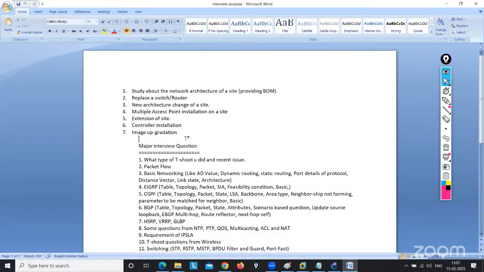So these things are exactly the same, means this is for the anchor. NRC will be different. So this is for the anchor. I need to cover all the things. Okay, how to prepare the BOM, how to do the architecture, how to replace the switch and router. And if you tell that you have replaced the switch and router, then the interviewer will ask, so please tell me what process you followed before the replacement and after the replacement.